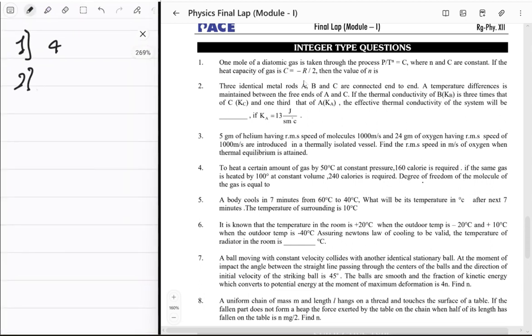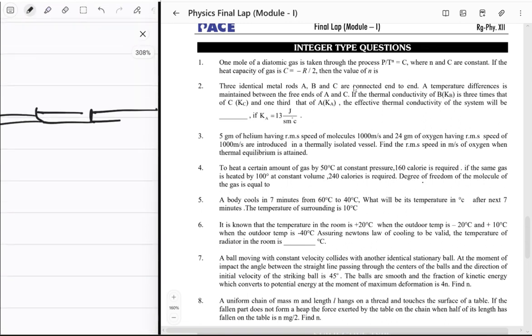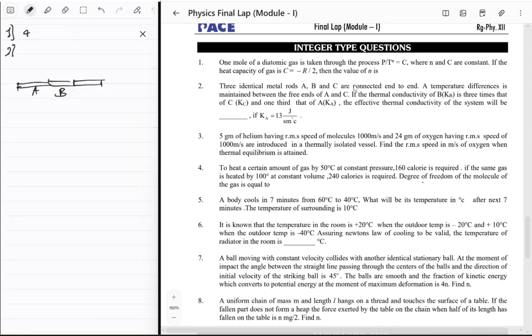Second question. Three identical metal rods A, B, C are connected end to end. A temperature difference is maintained between the free ends of rods A and C. Okay, three identical rods. The rods have been named A, B, C. And this is the third rod. So A, B, C are 3 identical metal rods, good. Temperature difference is maintained between the free ends of A and C. Okay. If the thermal conductivity of B is 3 times that of A and C, and 1/3 of